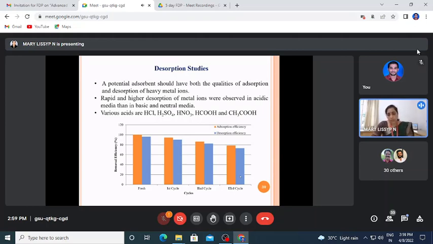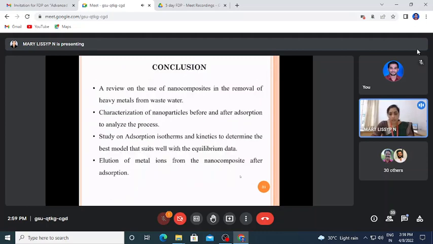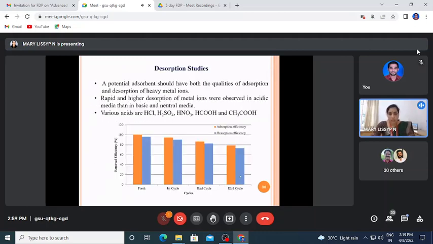Then the whole idea of doing this adsorption process becomes useless if you just throw it back to the environment, because we are doing all these things only to clean the environment. So we have to think about desorption studies. What is a potential adsorbent? When you select an adsorbent, you have to think about both qualities, adsorption and desorption of heavy metal ions. Both factors are important. How will you do desorption? This desorption of metal ions mainly happens in the